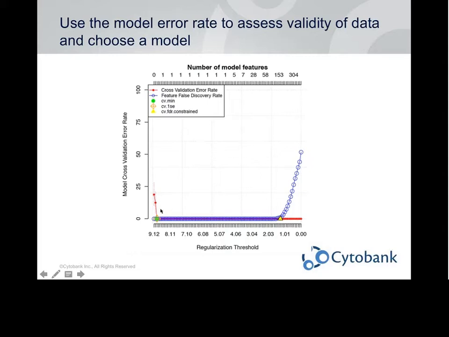So kind of the takeaway message here is to make sure that the cross-validation error rate drops towards 0 and gets as low as possible, and make sure that your models are below kind of this threshold of the feature false discovery rate. Another indication of a good run is that the CV-min and CV1SE models on this graph are not on this 0 axis here. And that means they don't need any number of features. A feature could be